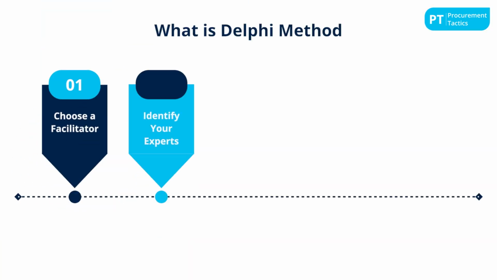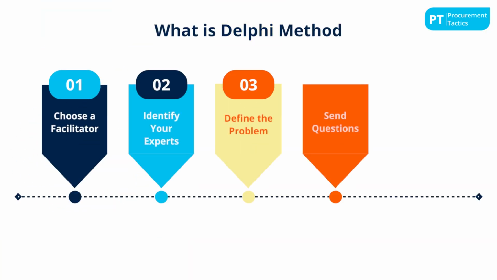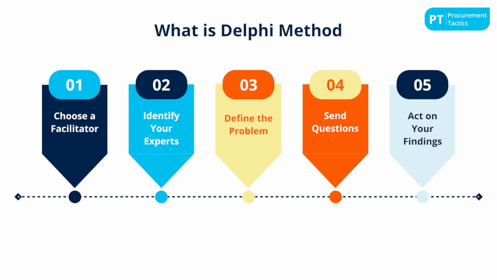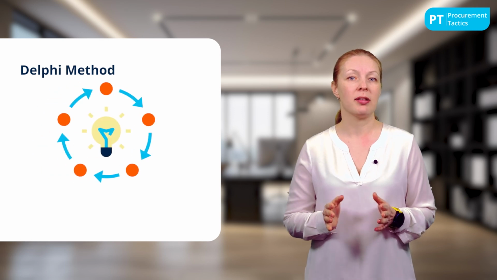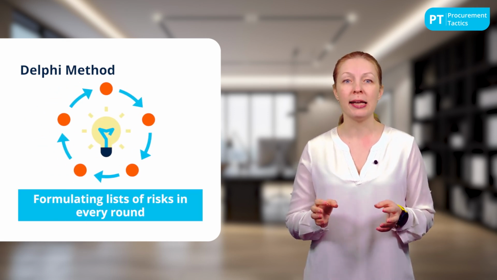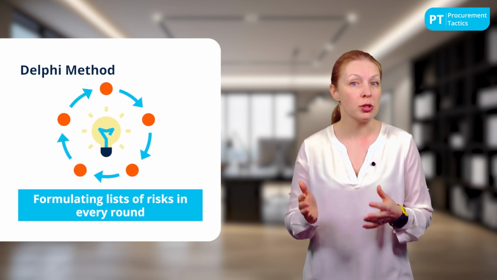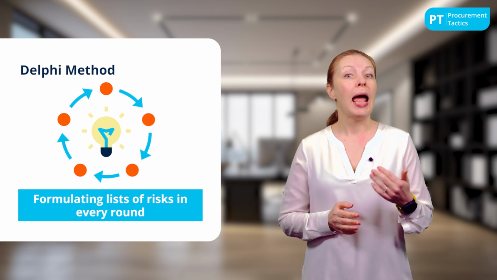Delphi Method. The Delphi Method consists of gathering information in an anonymous and structured manner, usually through questionnaires managed by a facilitator responsible for compiling the ideas, risks, identified by the experts. In each round, the experts individually formulate a list of risks or outcomes of the specific questionnaire and submit it